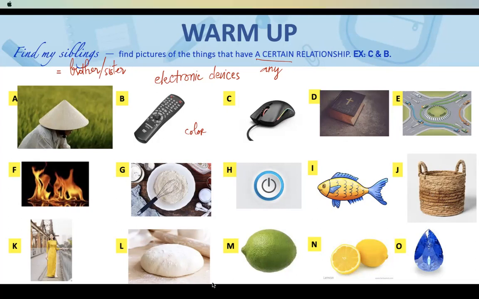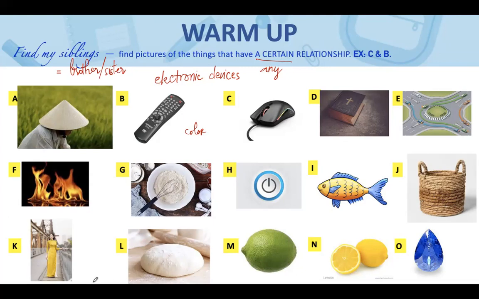Okay. It could be about colors. It could be about pronunciation. It could be about types, origin, functions, anything. Now let's go. And chị Hoa has found some pairs, right? But the thing is, you need to explain your answers. Okay, that's what I request. Now let's go to breakout rooms.